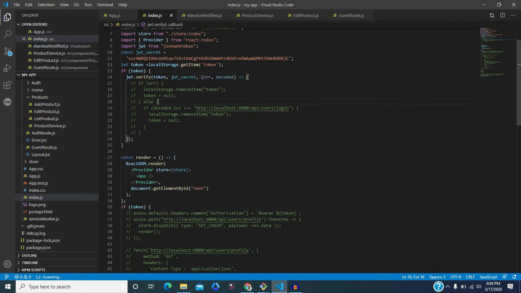If you try to attach authentication, then you can take help from this code.